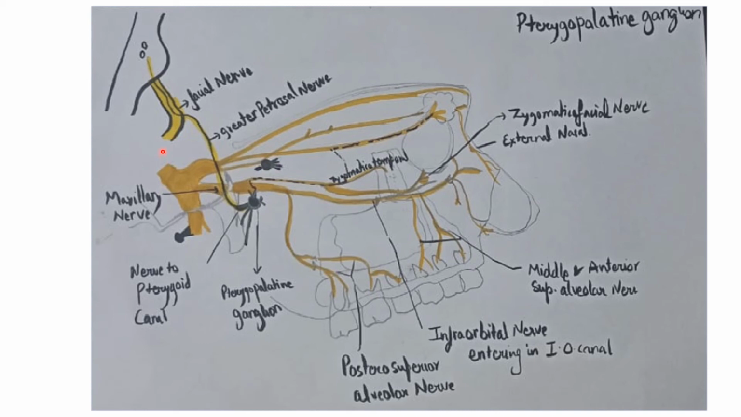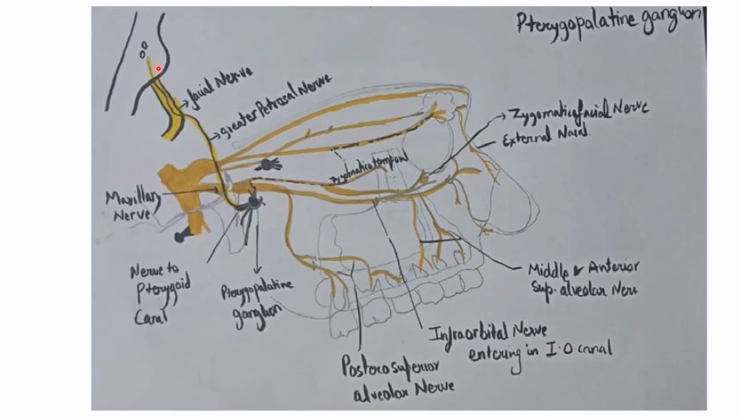Before going properly into the middle ear, it passes through the internal acoustic meatus. In the roof of the middle ear there is a formation of this genu here, and from the genu a branch arises that is called the greater petrosal nerve. And from the greater